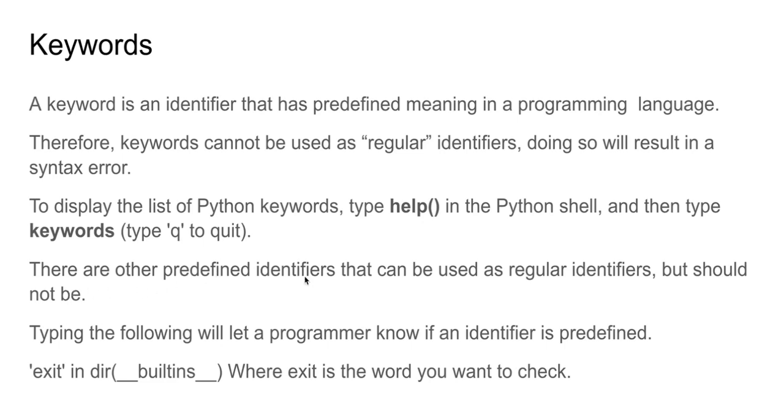There are also other predefined identifiers that you can use, but you really shouldn't, because it can cause Python to act kind of freaky. Typing the following will let the programmer know if an identifier is predefined. You want to do dir of builtins. So this would be exit in dir builtins. You can change exit to any variable name that you want to try and use. If you're having errors, you can use this with the variable name you're trying to use, and it will tell you if it is in